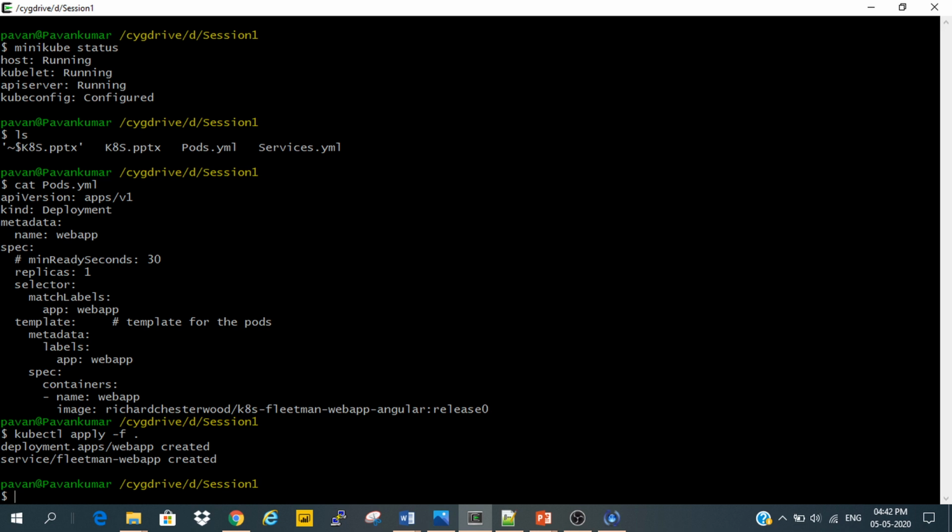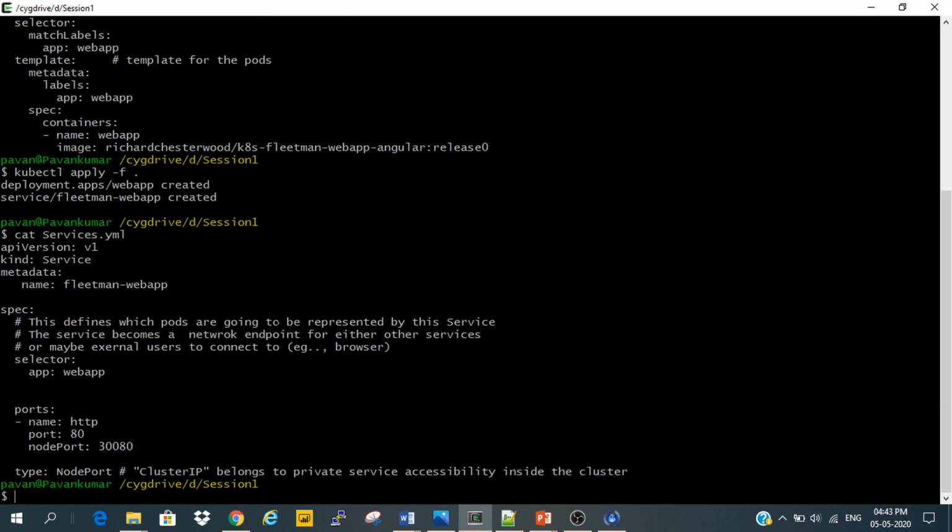Deployment.apps/web-app, this is the path, and this is the path for services. Service fleetman-web-app, this is the name actually.